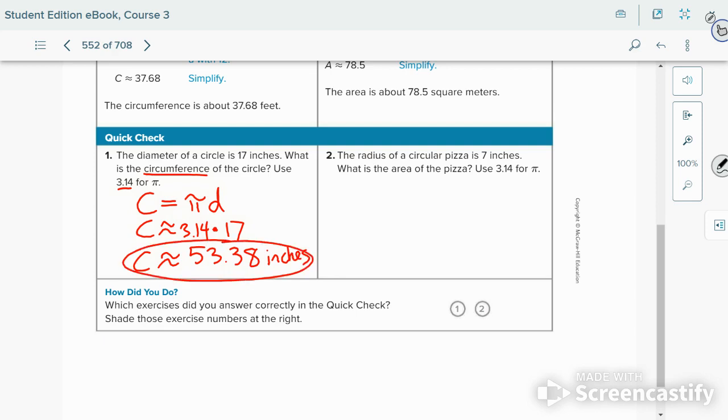Second problem, it says we're given a radius of 7 inches, and we're looking for area. So let's use that area formula, pi r squared. Area equals, says use 3.14 for pi, and we're going to substitute 7 in for that value there, the radius. And our final answer, oops, I should use approximately. Final answer is 153.86. And that's going to be square units, or in this case,